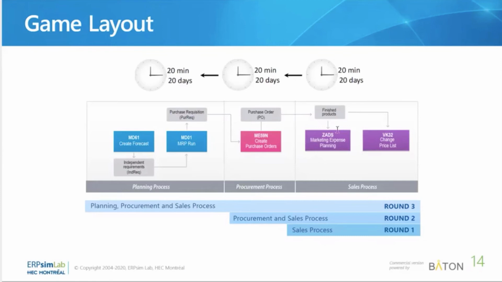And then the second round is once you are done with marketing expenses and the price list strategy, then we move on to how to create purchase orders. Because in the first round, you had 1,000 inventories per each product, in total 6,000 inventories. After the first round, some products will sell well, some will not. Maybe you are out of stock or you have a lot of inventories. At that time, using this purchase order, you are going to replenish your inventory. So that's the second round.